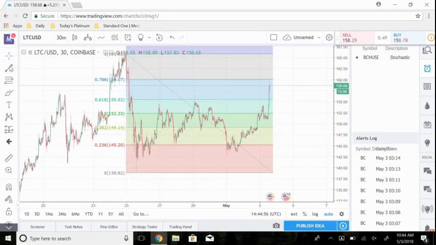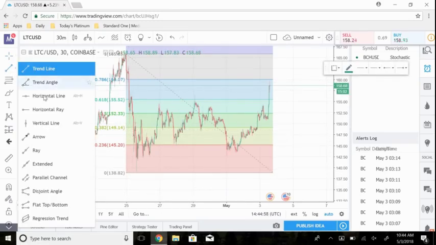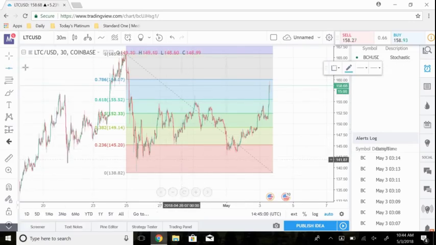So let's say I start to draw some lines here. And if you guys want to draw horizontal lines, the option is over on the second option on the side on TradingView. So let's say we want to sell some at the 23% line. Now, usually, like I said, a lot of other investors will be using this tool. So you're going to see that a lot of people will be placing sell orders for, say, in this case, it would be